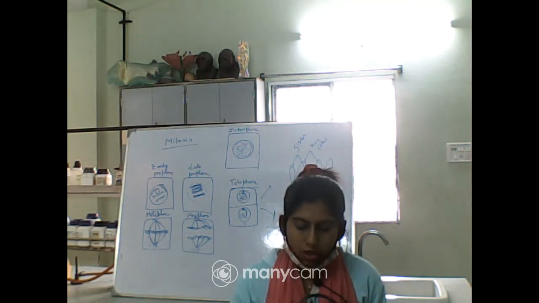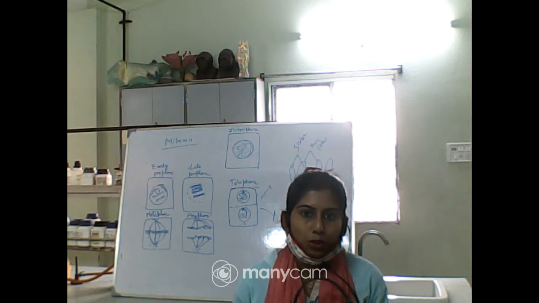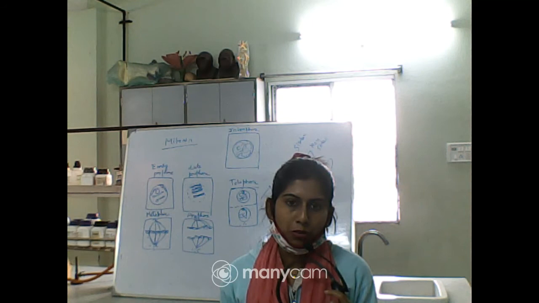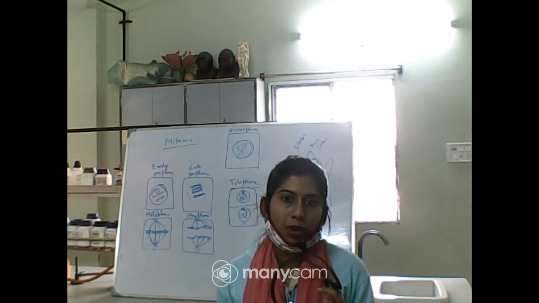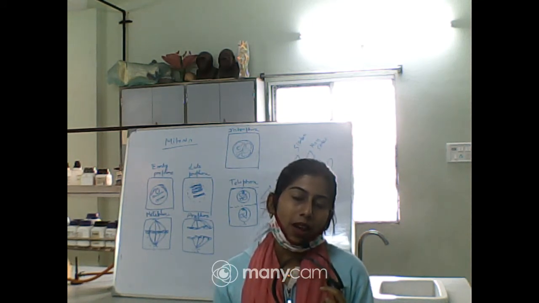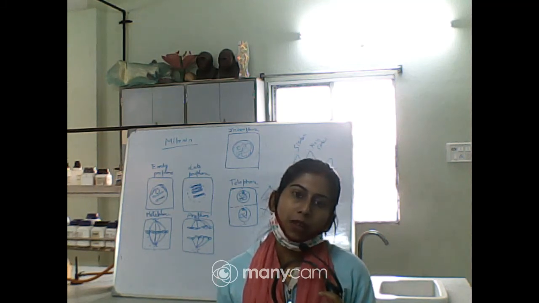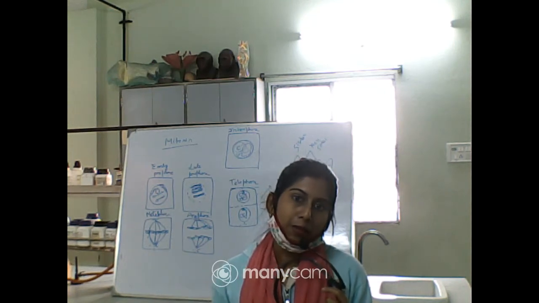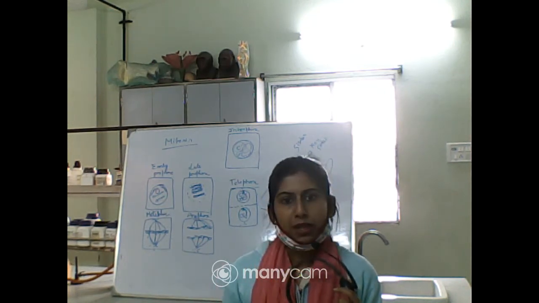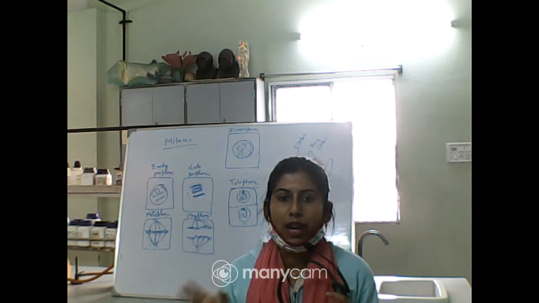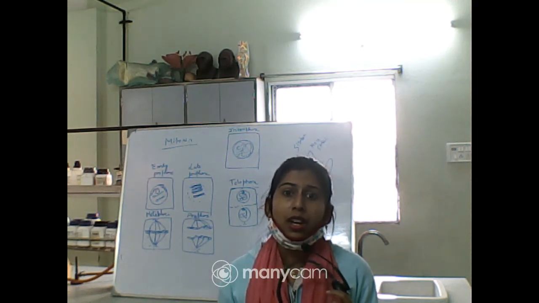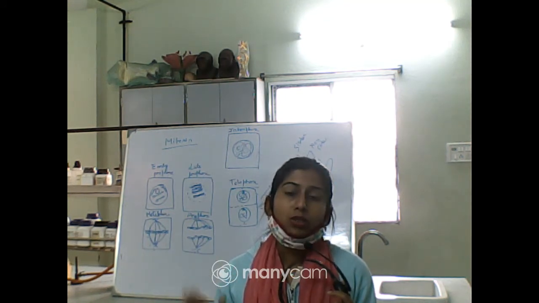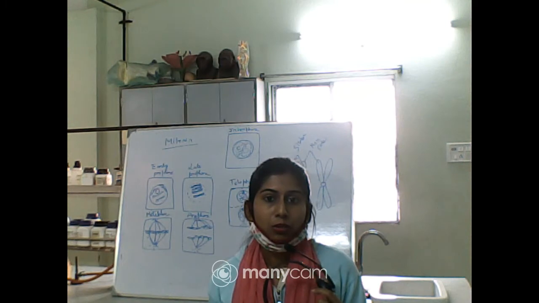Okay, why? Because as you know, the chromosome number of any living individual is the same, so in case of human also we need to maintain the chromosome number. So at the time of fertilization, what will happen? Fusion of the male and female gamete will take place. Now if the male gamete bears 2n number of chromosomes and the female gamete bears 2n number of chromosomes, then at the time of fertilization or the fusion, it will form 4n number of chromosomes, which is not possible, right? So as you know, we have to maintain the 2n number of chromosomes.